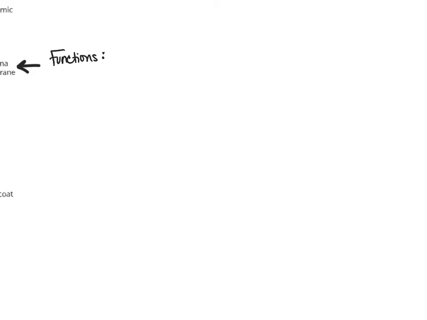When we talk about the functions, we already talked about them briefly. One, it contains the cell and it separates it from the environment. So again, this is kind of a wall, a barrier. This is where the cell starts and ends. And so then we have this separation between it and the thing outside of it, the fluid outside of it, the other cells outside of it. And it contains all the stuff inside of it, so it wants to keep all of its insides